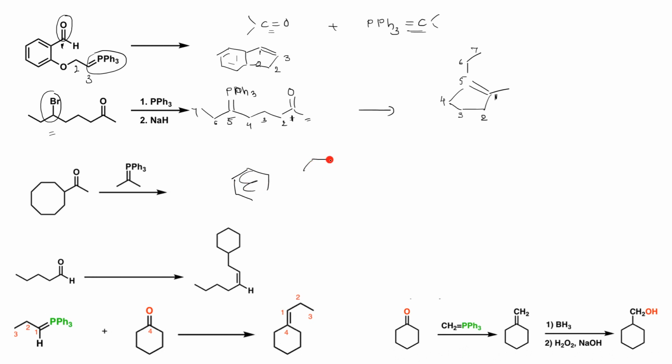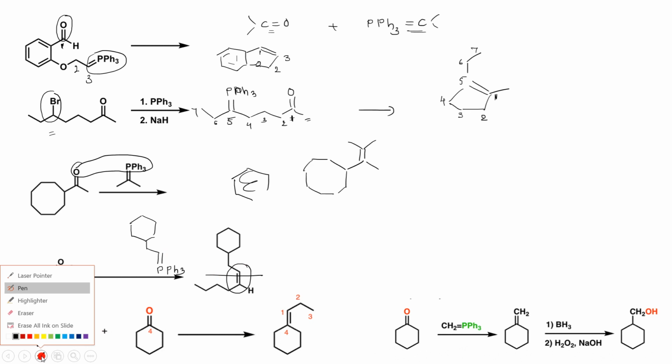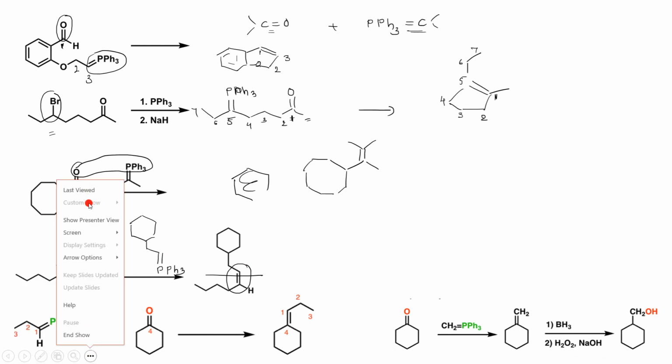Similarly, if you want, you can practice it on your own as well. Wherever there is double bond, show this. So this is going to get removed and just attach the rest of the structure. This is the product. Now it's very easy. Now you know this is the product that is going to be formed. So what would be the reagent over here? This is your triphenyl phosphine ylide. So simply write the same structure and just put PPh3 over here. This is how you will write. Okay, and these are some of the examples. If you want, I'll give you a few more examples.